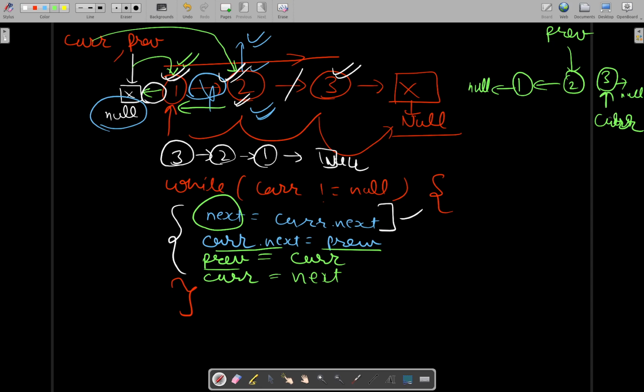So then you will first of all store the next node of current, which is null, by the way. So next will be having null, and then we will break this link between 3 and null and change it to point towards 2, which we are doing in this particular line. Current dot next is made to have a reference of previous, which is 2, by the way. So previous was having the value, or reference, of 2, you can say,